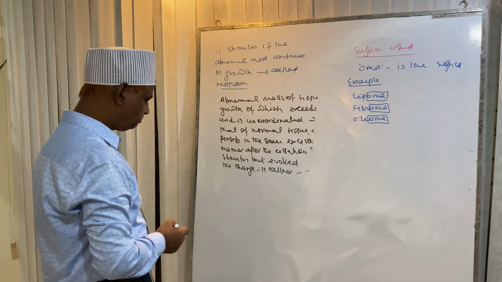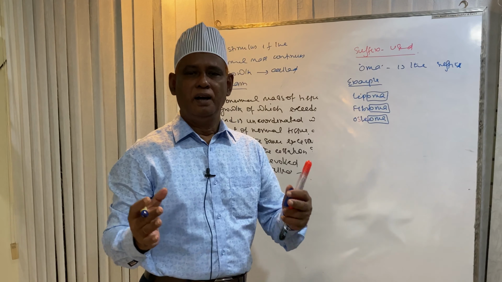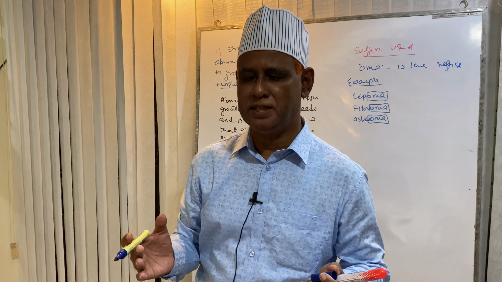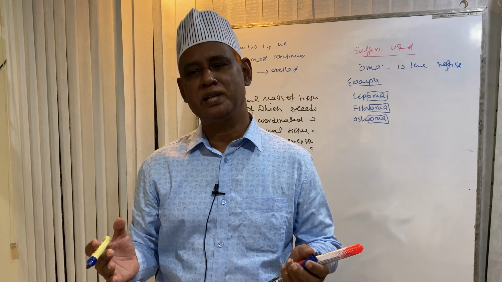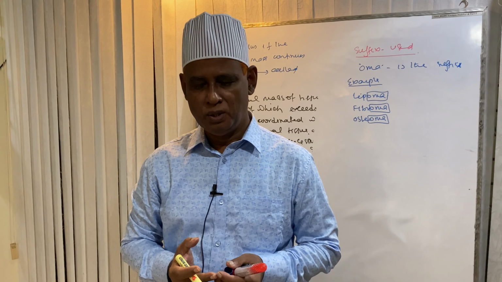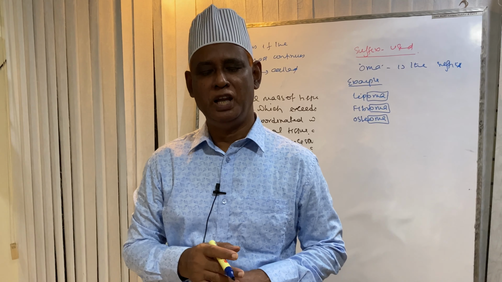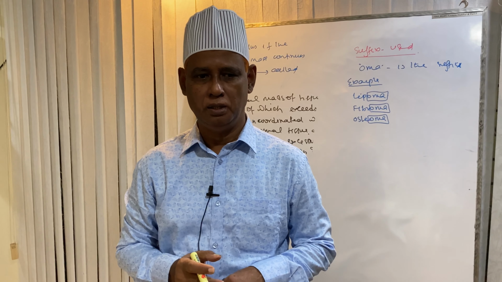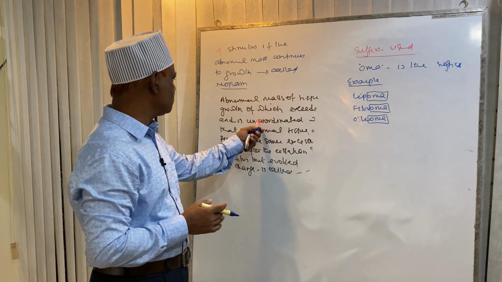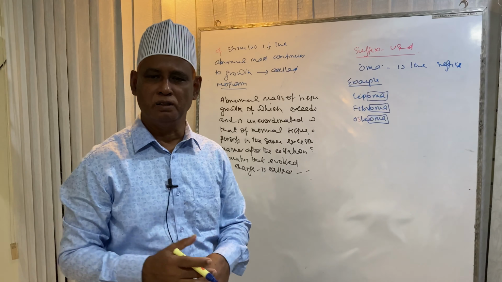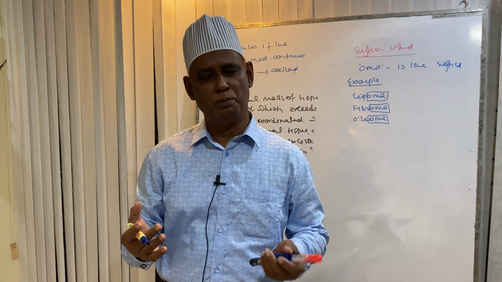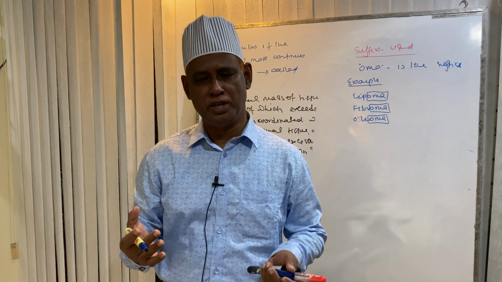Now come to hyperplasia. You know, in hyperplasia there is an increased number of cells, and all cells are new cells. So what is the difference between hyperplasia and neoplasia? In neoplasia there is an abnormal mass of tissue and new cells are formed. What is hyperplasia? Increased number of cells resulting in increased size of an organ is called hyperplasia. So what are the differences between hyperplasia and neoplasia?